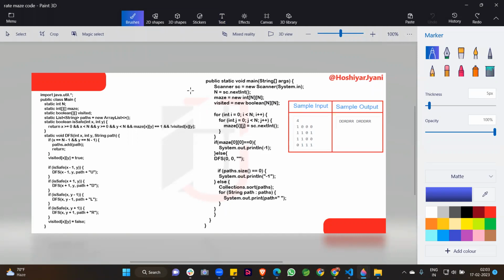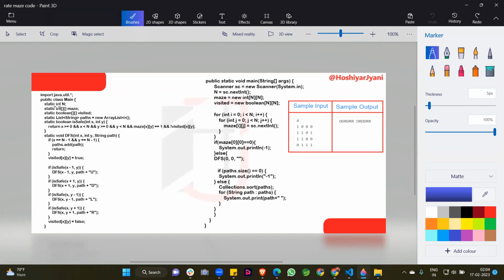So guys, we are starting from this main method. You can see here this is our import. I am importing java.util.* from this line, and there is a class start. Half of the code is here and half is here. This is the main class, and I am declaring five or six things here. These are global, static. So what is the meaning of static? When our class is loaded, then these are loaded at the loading time.